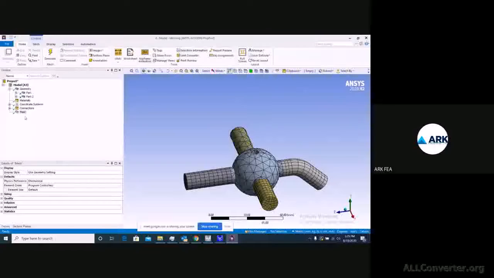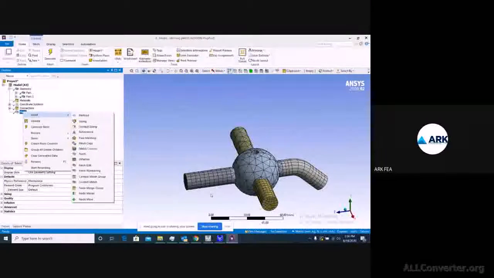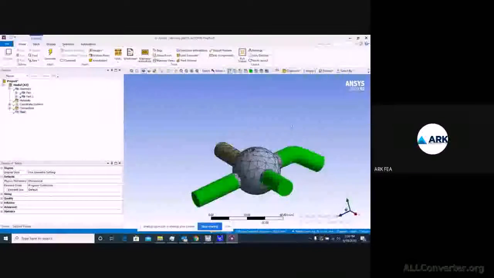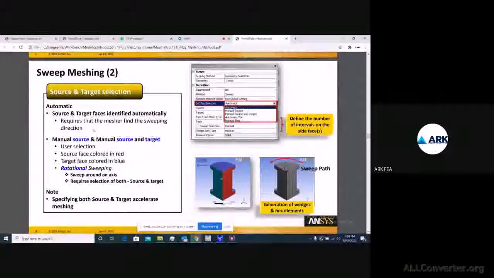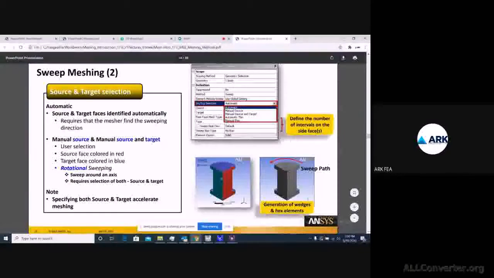So first we'll try to go and say show and check with sweepable bodies. When you deal with a sweepable body, you can define it based on element size, or you can define it in number of divisions if you want to switch it.